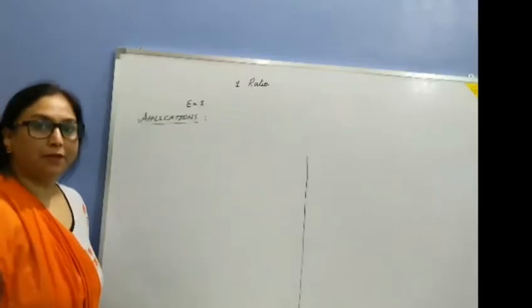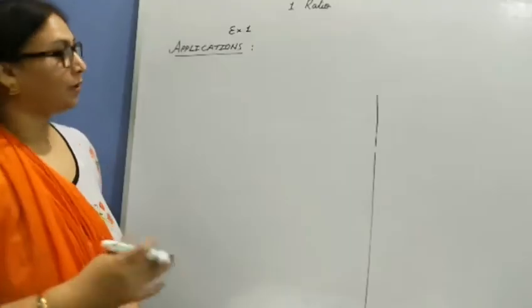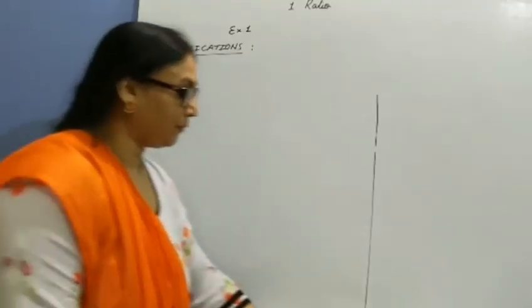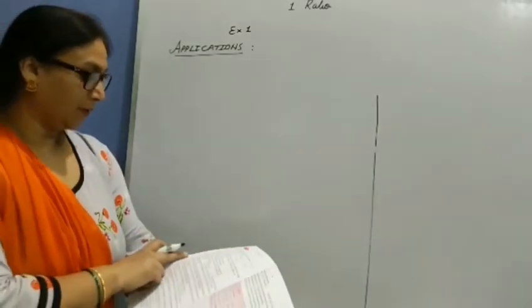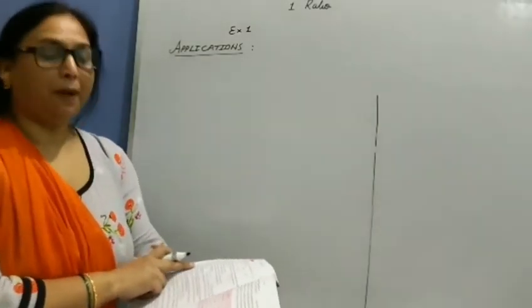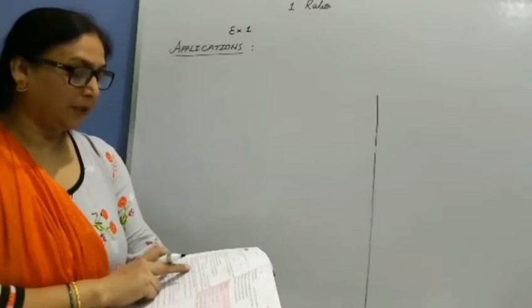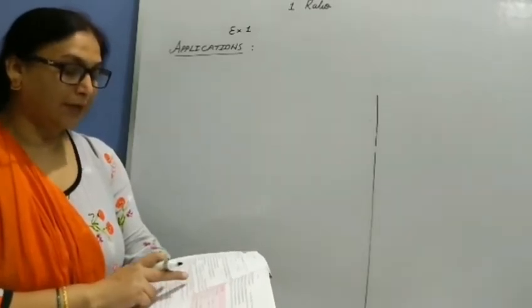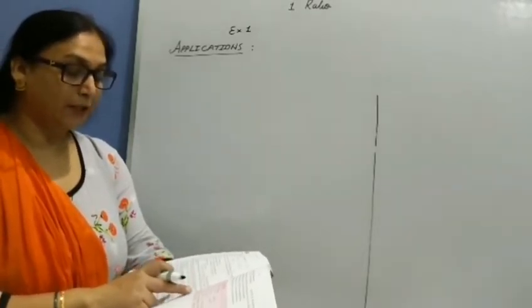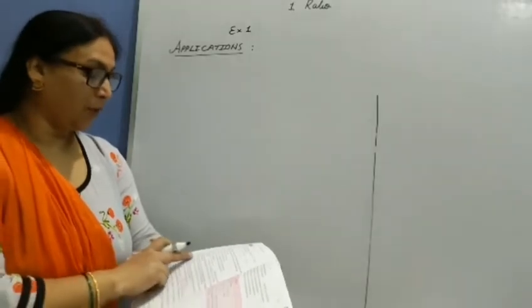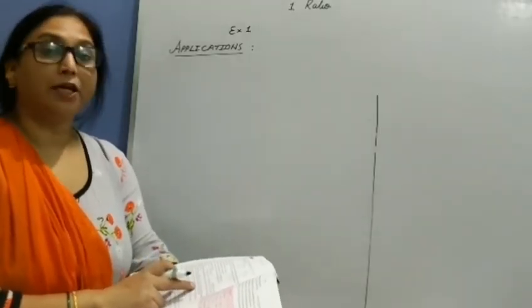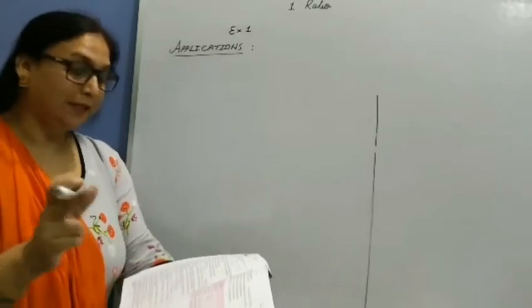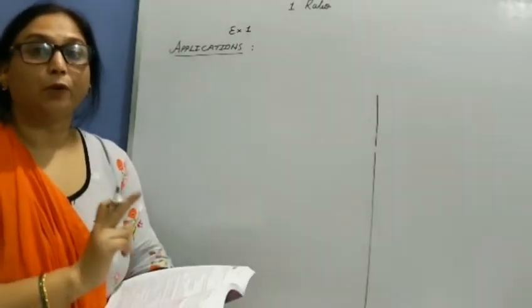Children, now I take up the application of ratio. So let me explain a few examples from your book exercise questions. Question number 7, B part. Shankar's monthly income is 12,000 rupees and his monthly expenditure, means spending, is rupees 10,500. Find the ratio of his monthly income to his monthly saving. So first step, calculate the saving.